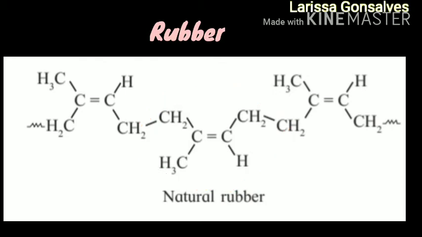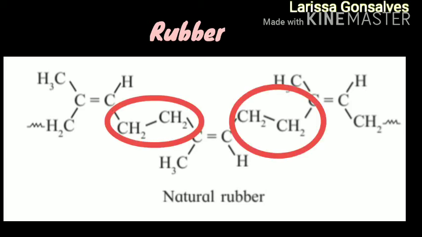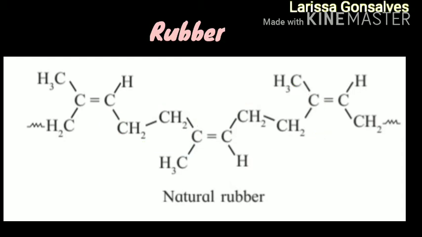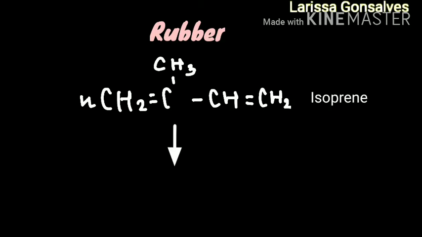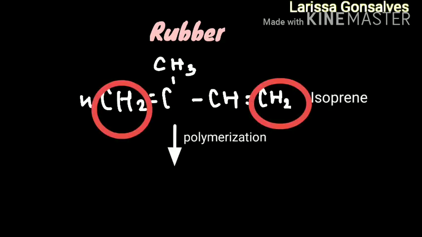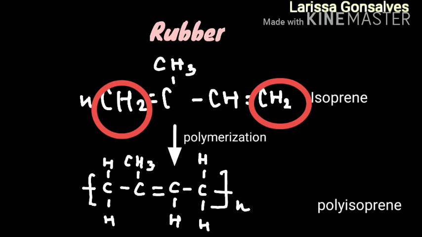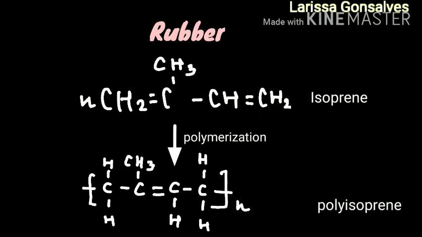So basically when you are joining or adding up the molecules of isoprene, the CH to CH2 bond should combine together in order to satisfy the valency of carbon. When isoprene undergoes polymerization, you will observe that the CH2 groups which are present on the left and right hand side are now in continuation. The bond which is outside the bracket indicates that the chain continues further. Also, the double bond which was there on either side of the carbon has now shifted to the center because the valency of carbon is incomplete. You can observe it here.